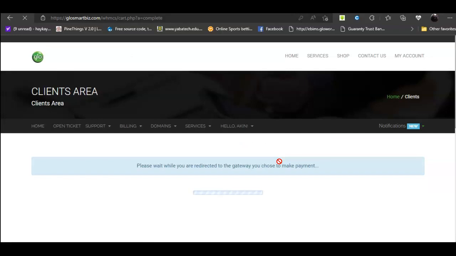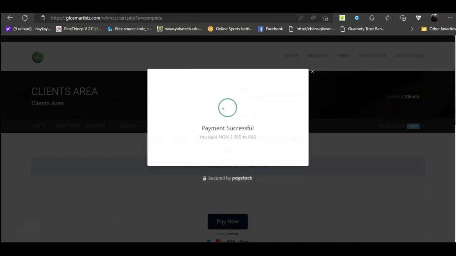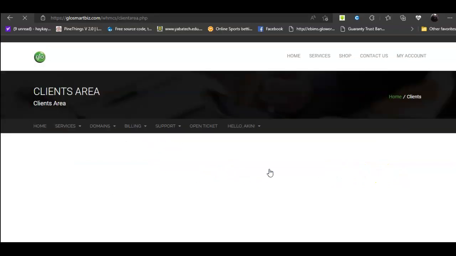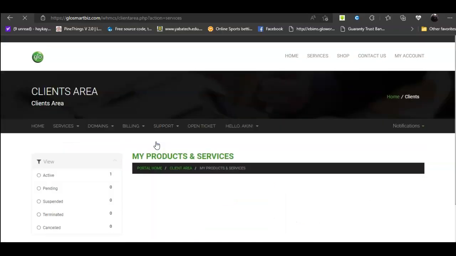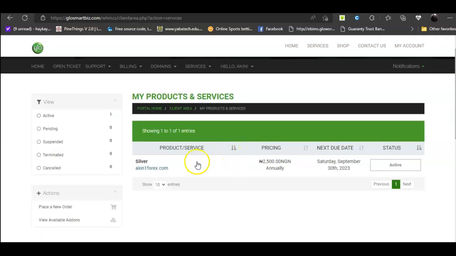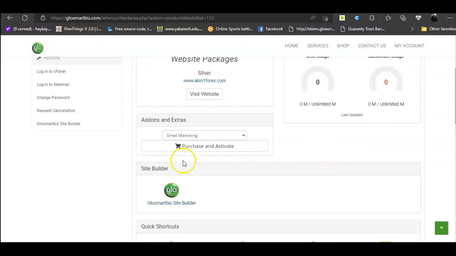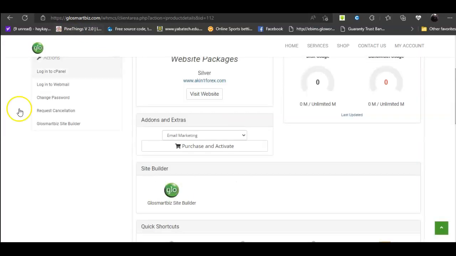So that's going to take you to the payment gateway, where you will have to put in your card to buy. So this is the test card. You click and the payment will redirect you. From your client, it just redirects you to the client area. Then continue to your client area, and here you can see your service that you just bought. Then click service. Once you click service, you will see the package you purchased. Click active. Then after which you will see the glosmartbiz site builder. Then click it. Then after that, once you click the site builder,